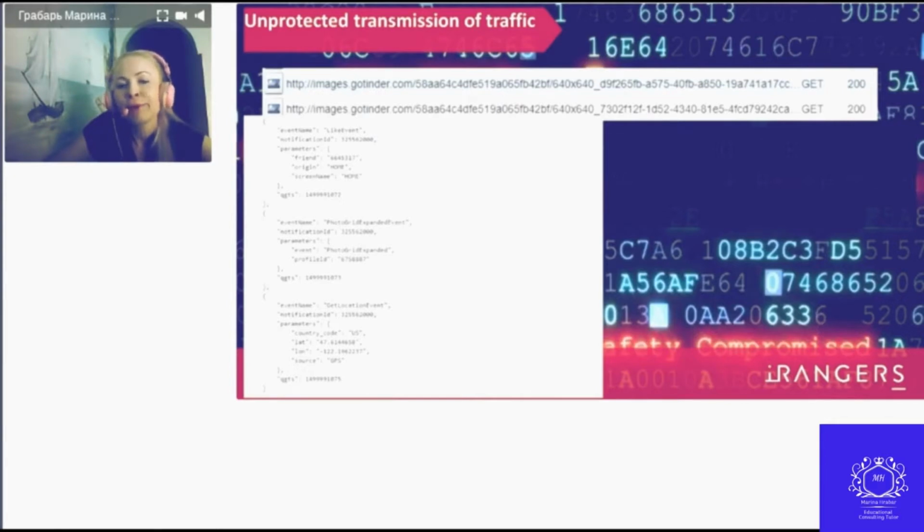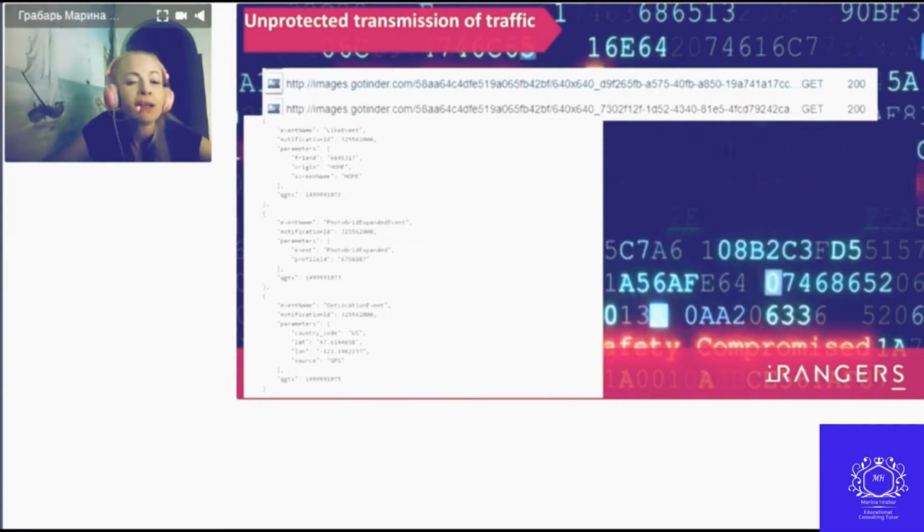For example, Tinder, Paktor, and Bumble for Android and the iOS version of Badoo upload photos via HTTP in unencrypted format. This allows an attacker, for example, to see which accounts the victim is currently viewing.